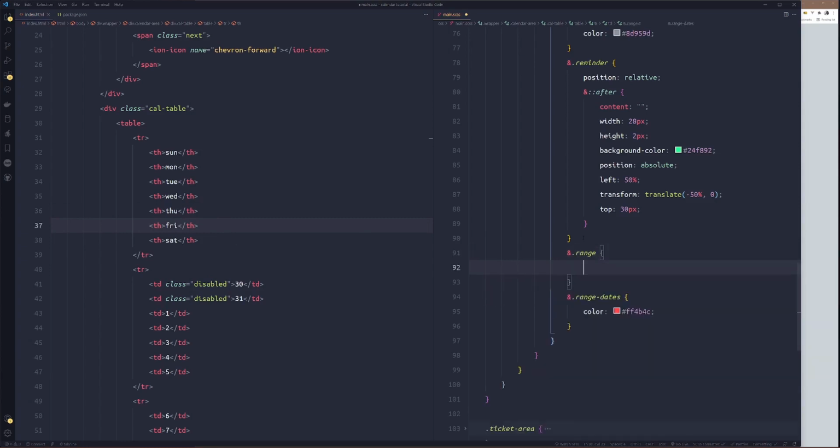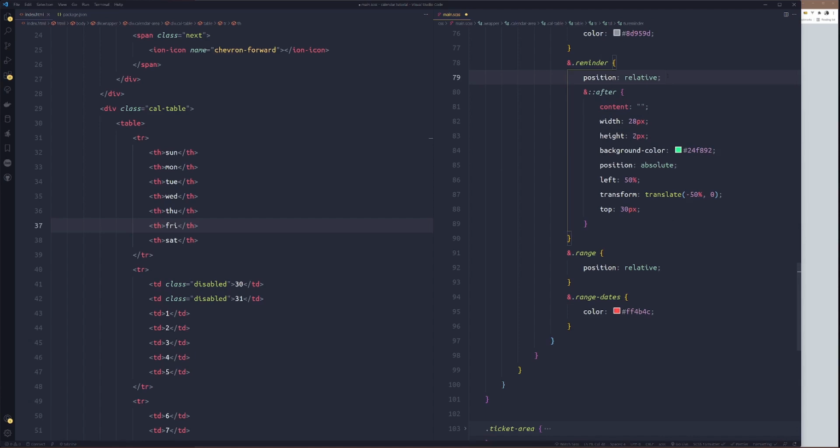Range. Again, we'll set position to relative. Then the reason why we set position to relative first before we use the after, like we did here, is to make sure this absolutely positioned element stays within this reminder.